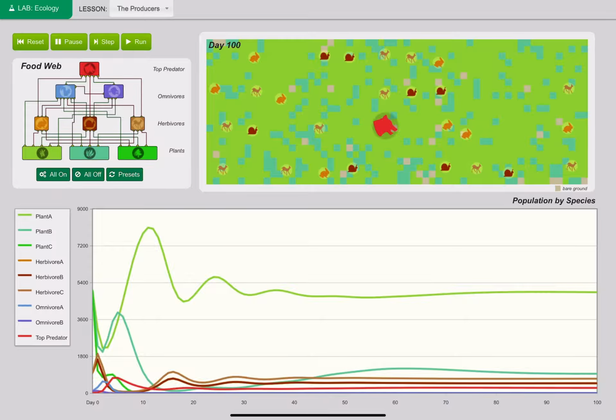And you can do lots of different rounds and try to predict what will happen, predict the population changes, and then simulate it, and then look at the modifications that were made in order to bring it to the perfect ecosystem balance. And I think the very important thing that you can learn through this lab is mainly two things. So first of all, you understand that the natural ecosystem has a lot of fluctuations and a lot of interconnectedness within it